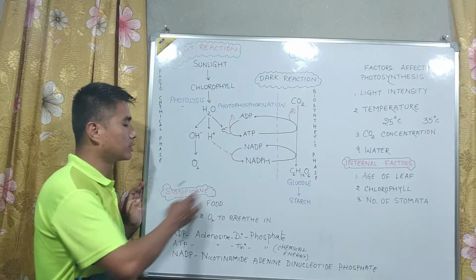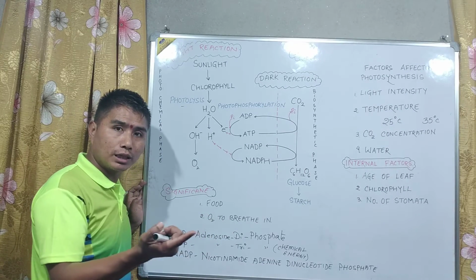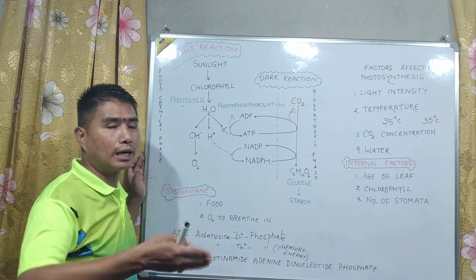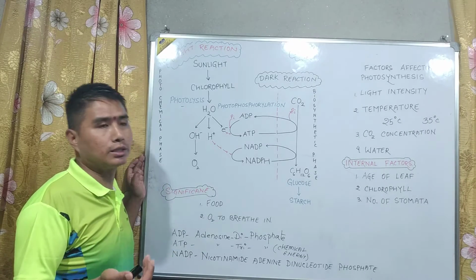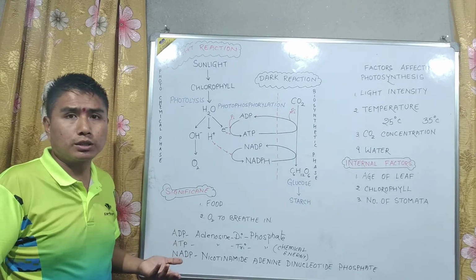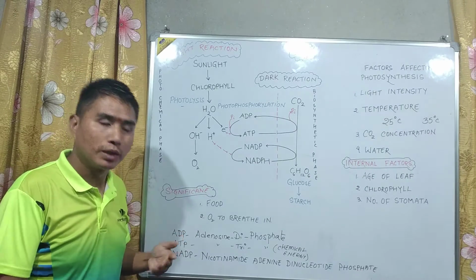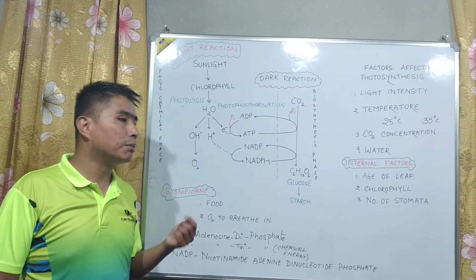Photosynthesis is very important because through photosynthesis only, what do we get? We get food. Yes or no? Now, during the daytime, what did you have? You took your lunch, or at dinner you take your dinner, chapati or rice. All those are the product of photosynthesis. So photosynthesis gives us food. Basically, they are the producers. Green plants, through photosynthesis only, are able to produce food.